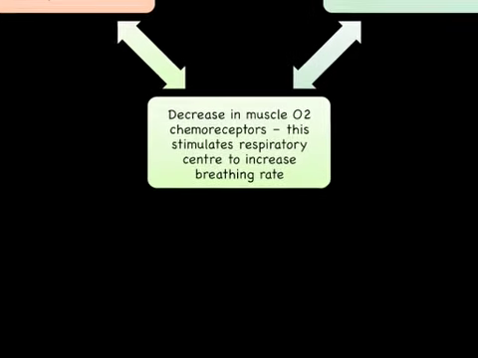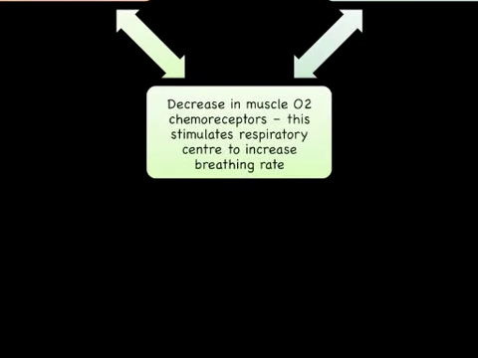The last thing that happens is that, if you remember, with the RCC we rely on our chemoreceptors to detect a change in carbon dioxide levels so we can start the breathing process. Well, what happens here is, because of altitude, you get a decrease in muscle oxygen chemoreceptors. That means the chemoreceptors are being reduced, and because they're being reduced, the body is shocked into thinking, we need to increase our breathing rate, because the chemoreceptors are telling us that there's less oxygen in the air, and the breathing rate will actually increase quite quickly.